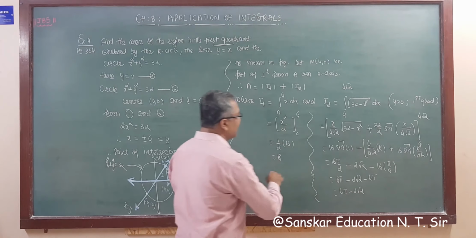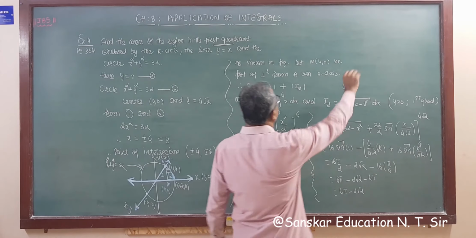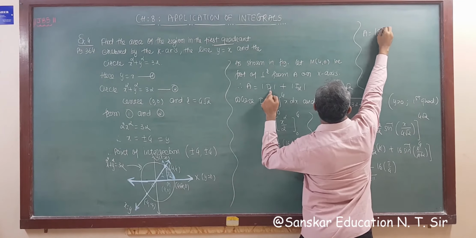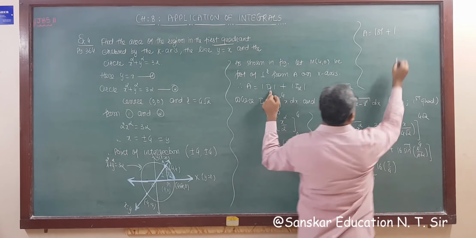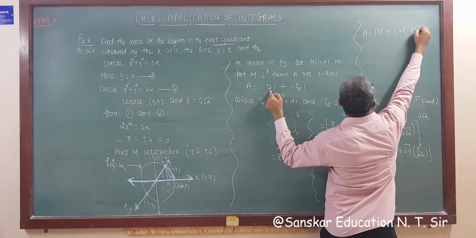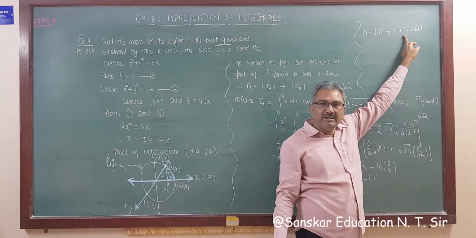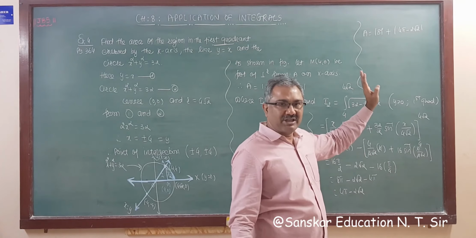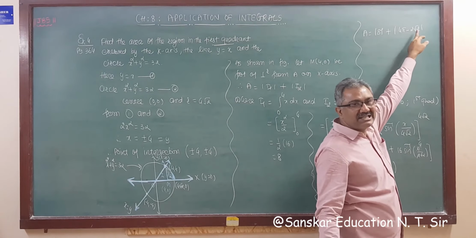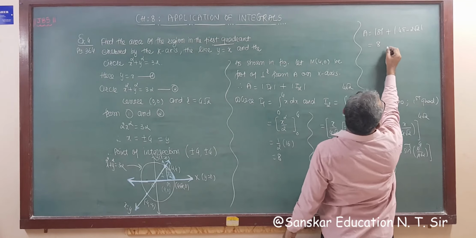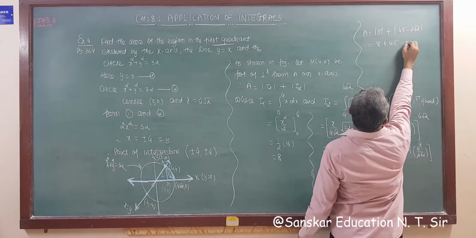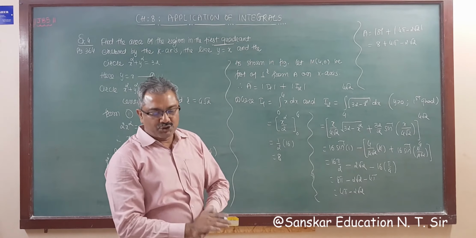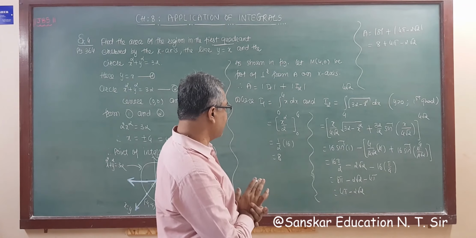So after completion of this I1 and I2, we have A is equal to mod I1 plus mod I2. So A is equal to mod 8 plus mod 4 pi minus 2 root 2. Now pi is 3 point something, into 4 is 12 point something, minus 2 root 2, that is positive. So 4 pi is the greatest number, this is smallest. So answer will be 8 plus 4 pi minus 2 root 2 minus 2 root 2. Got it? So answer will be, we make some mistake.